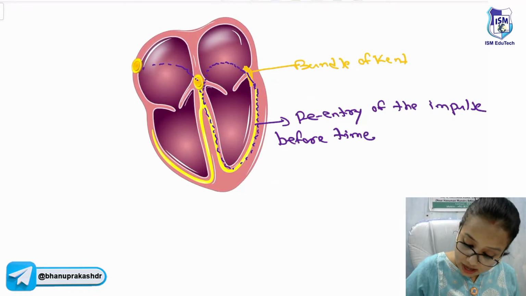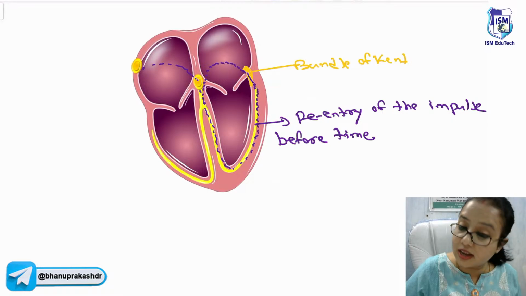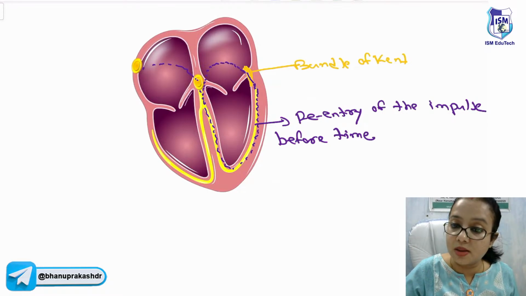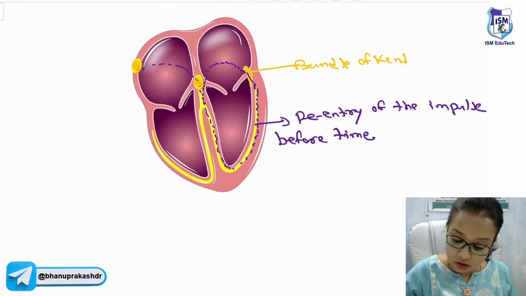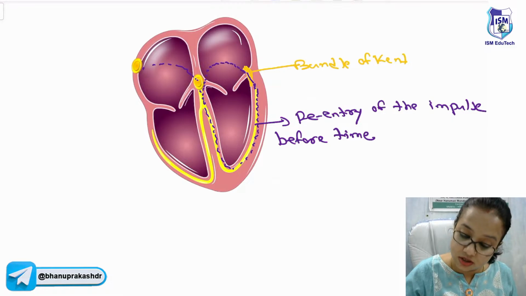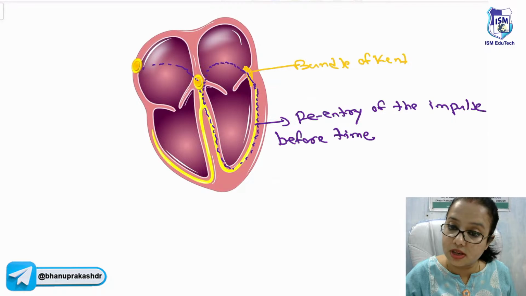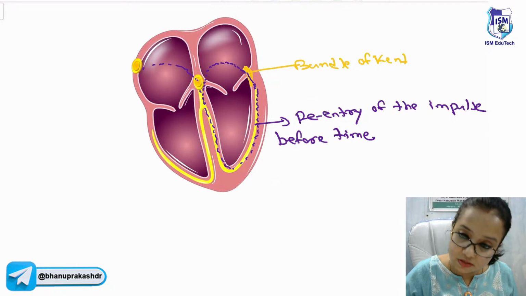Whereas the presence of this extra bundle, which is capable of conducting impulse, will cause the re-entry of current round and round to the atria, then again from the atria via the bundle of His along the interventricular septum back to the ventricle,